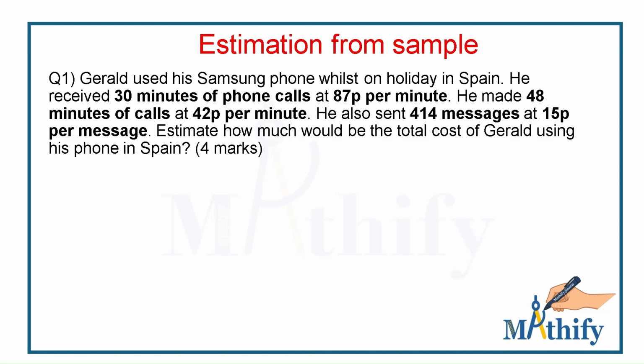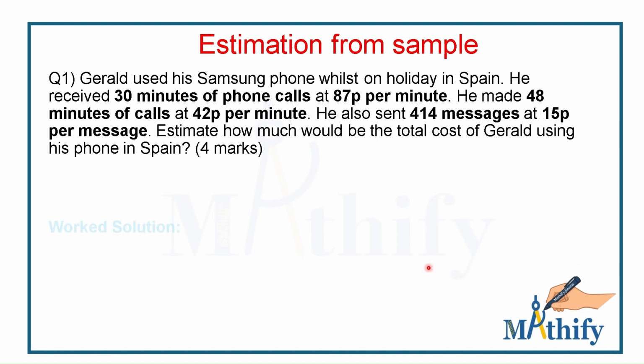Here is an exam style question to go through together. Gerald uses his Samsung phone whilst on holiday in Spain. He received 30 minutes of phone calls at 87p per minute. He made 48 minutes of calls at 42p per minute. He also sent 414 messages at 15p per message. Estimate the total cost of Gerald using his phone in Spain. 4 marks. I'll show you how to get 4 marks for this question and how to break them down step